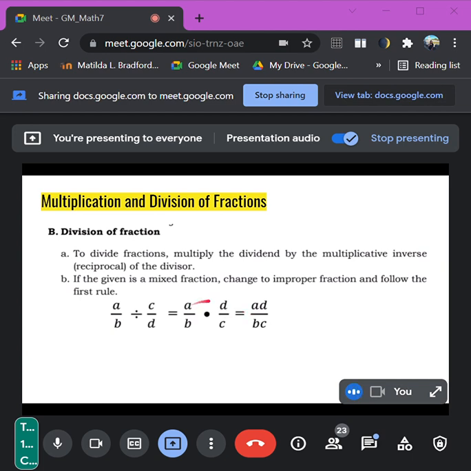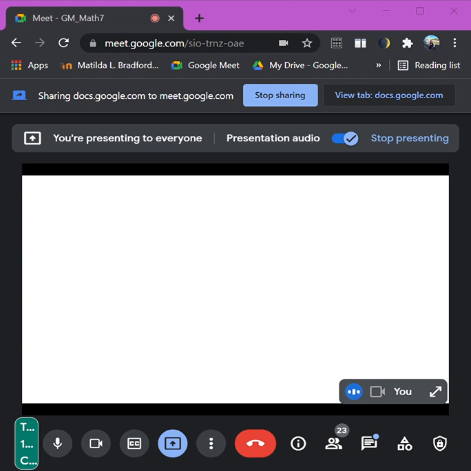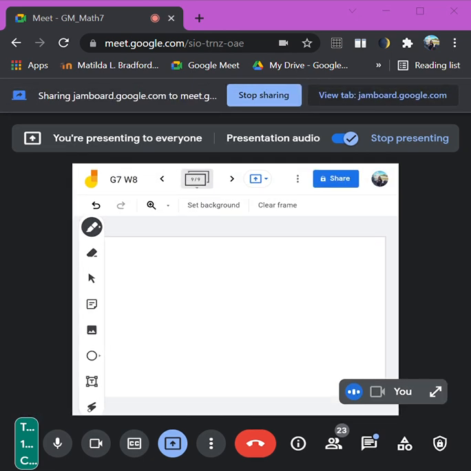Multiply numerator by numerator, denominator by denominator. Okay, so let's have an example. Jamboard again. So for example, you have